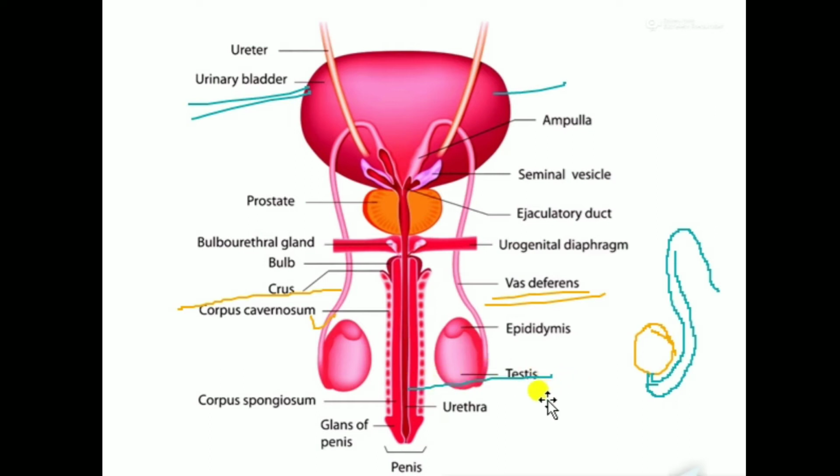This portion is known as urinogenital duct, okay. That means the portion where the sperm as well as the urine is passing. The portion of the urethra that carries both the urine and the sperm is known as urinogenital duct, and this tip is the urinogenital